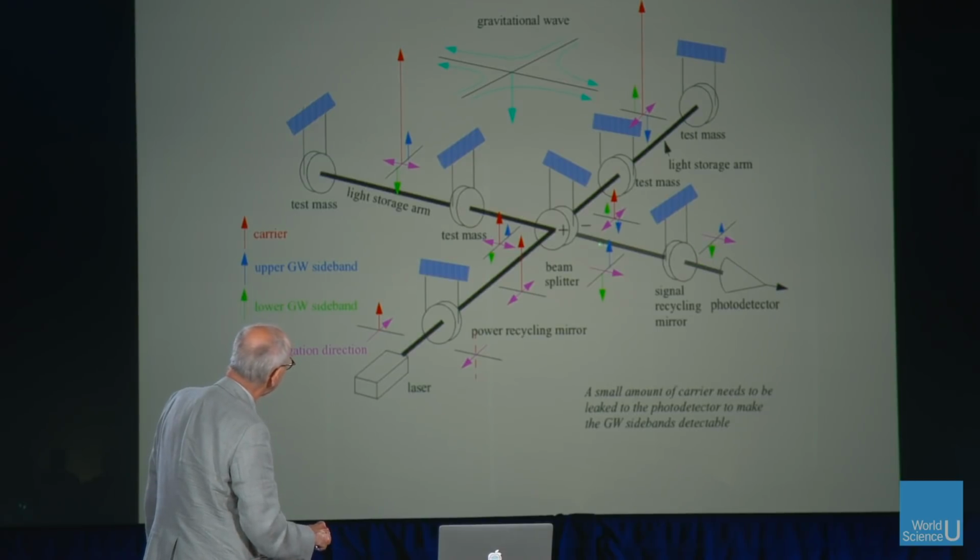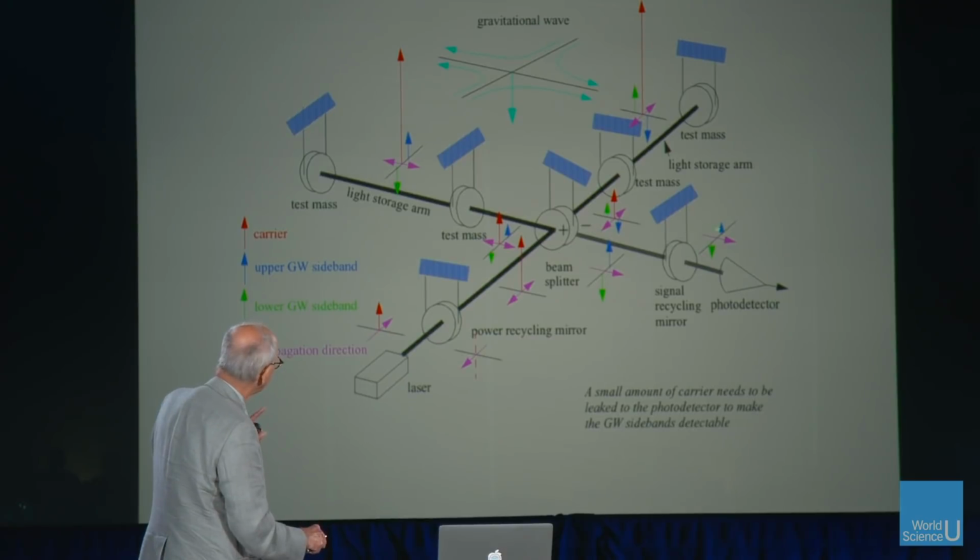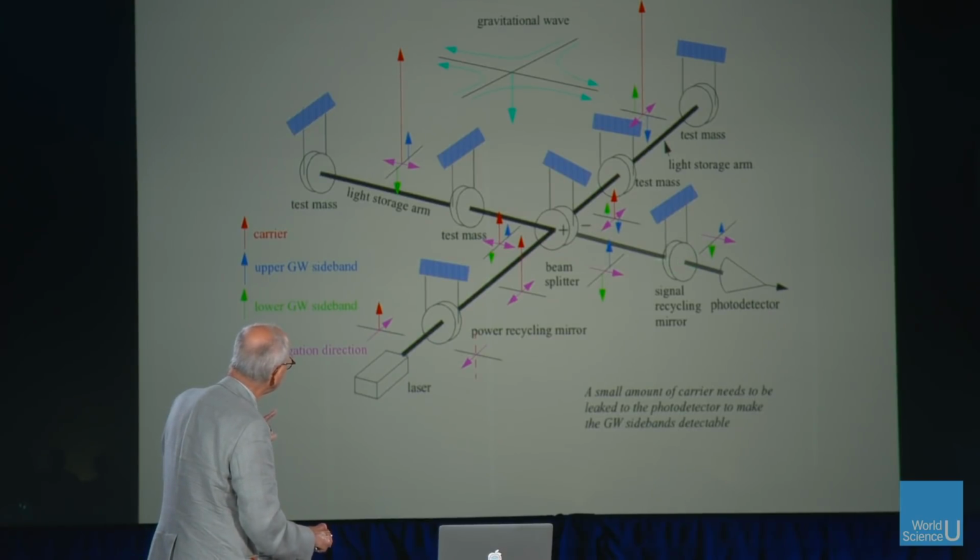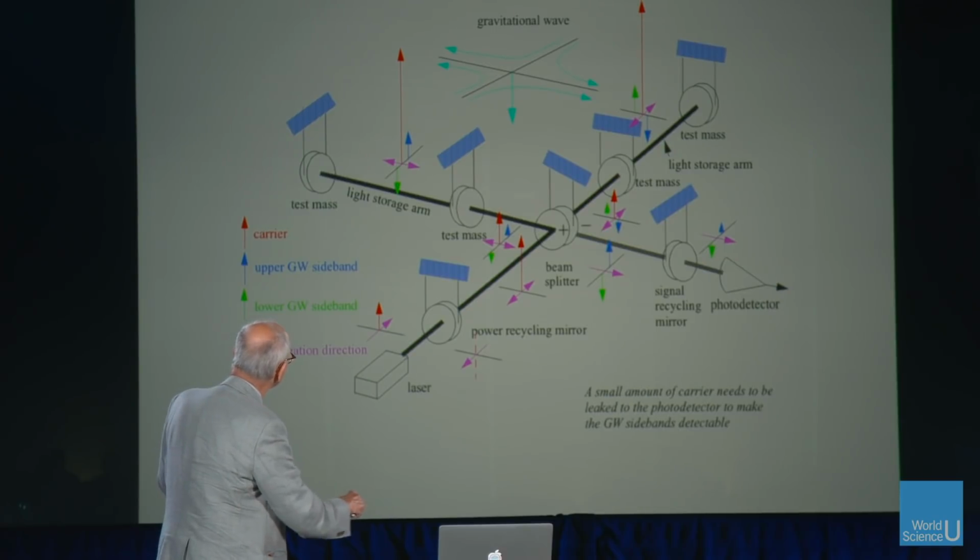And the detector that actually made the detection had another mirror, this one right here, which is called a signal recycling mirror. That's a harder one to explain. But now that you know about sidebands, it's not so difficult. Because what you're doing with that is you're reflecting not the carrier, because there's no carrier here anymore. That's been canceled because you made that time equal to that time, and there's no carrier coming here. The sidebands have been doubled. And now you put this in a place where you can make the whole system resonant for the sidebands. So you can build up the signal on the sidebands, and that's another piece of elegance. That's why it's called signal recycling.